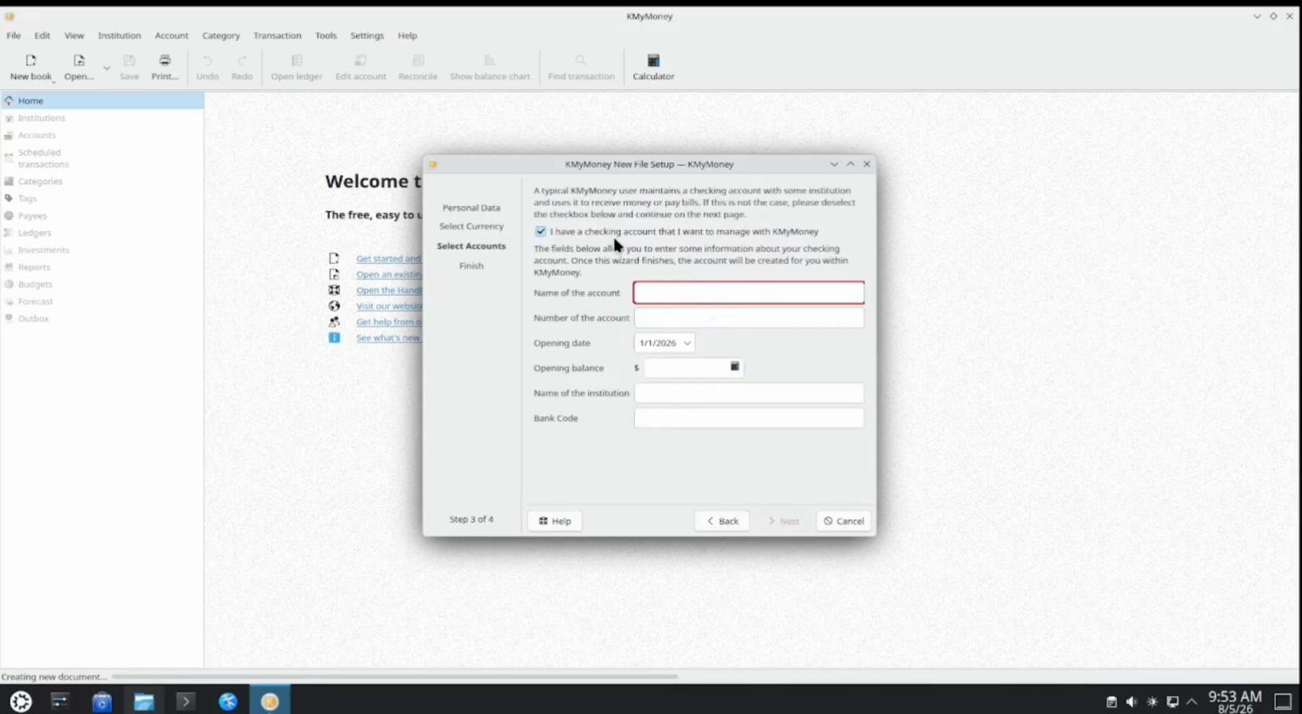And then if you have a checking account and you want to start by adding a checking account, check this box. If you do not have a checking account that you want to track, then uncheck this box, and I'll show you how to add new accounts in later episodes. Okay, so I do have a checking account, so I'm going to call this My Checking, and I'll have an account number 10. You can actually leave this blank, and then I'll go ahead and set the opening balance to $1,000,